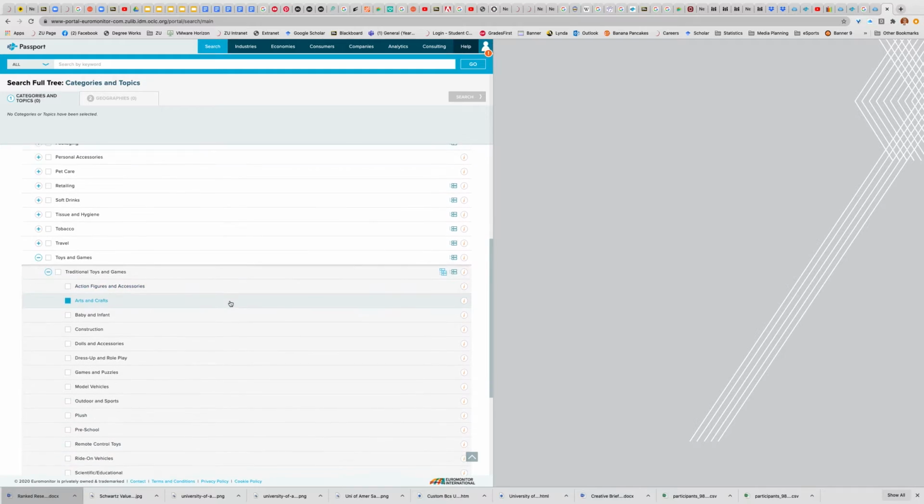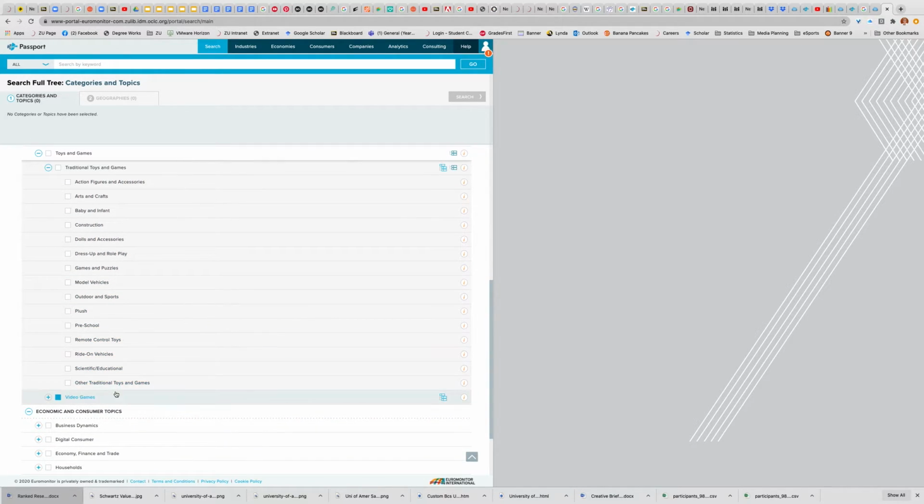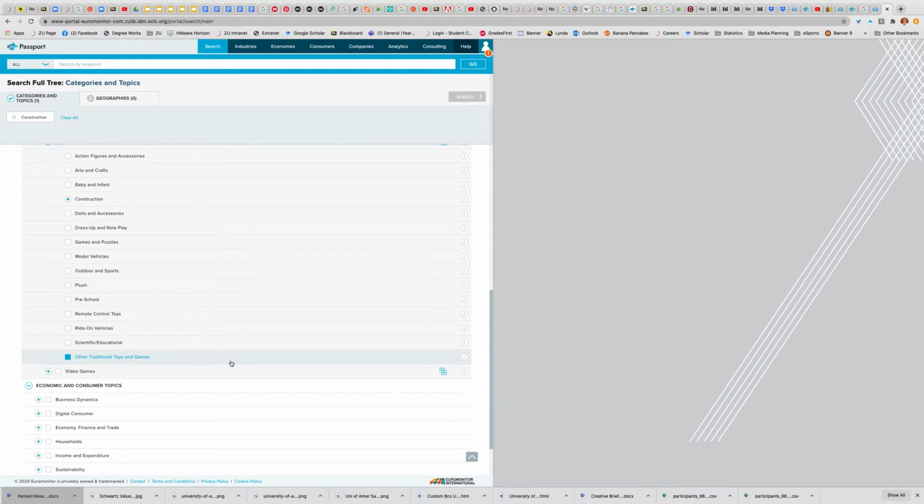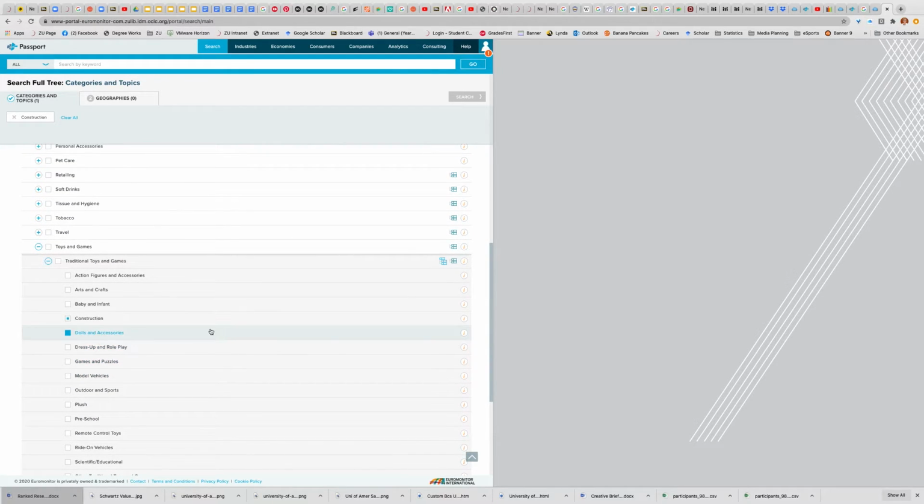And you might want to go to traditional toys and games. And from there, you could probably find construction, right? Lego's a construction type of toy. So from there, I would probably choose toys and games as well as construction, the broader as well as the more specific. And then the next thing you have to do is to determine what